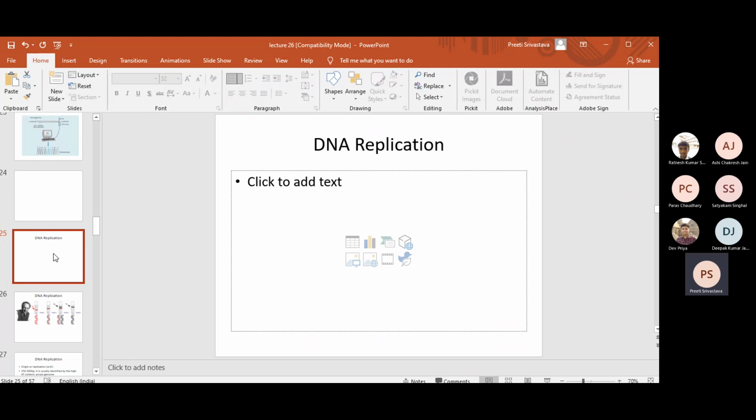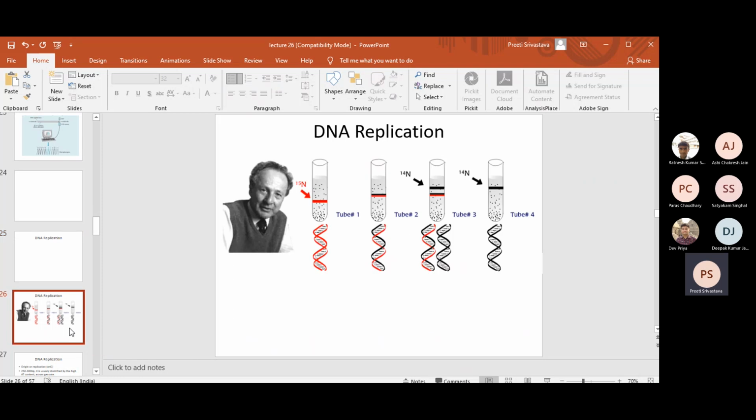Okay, so let's start with DNA replication. I guess you people have studied it already, so I'm going to quickly cover it. The method of DNA replication is semi-conservative, and this was demonstrated by Meselson and Frank Stahl. The way they demonstrated this was by performing an experiment where what they did was